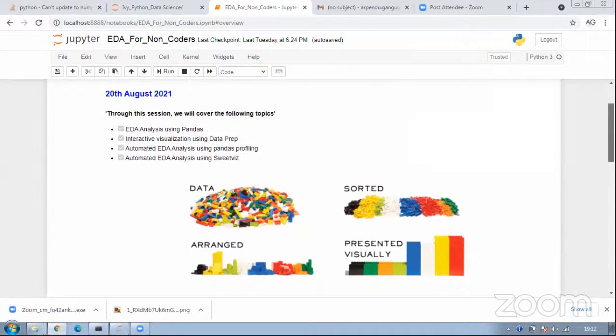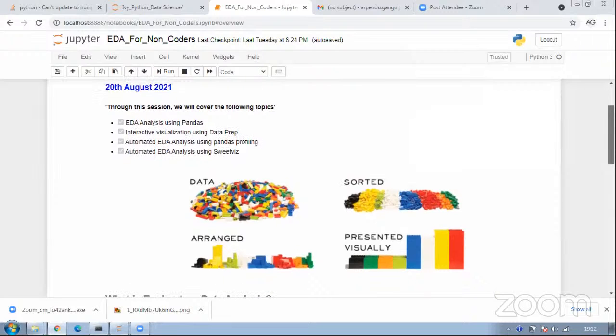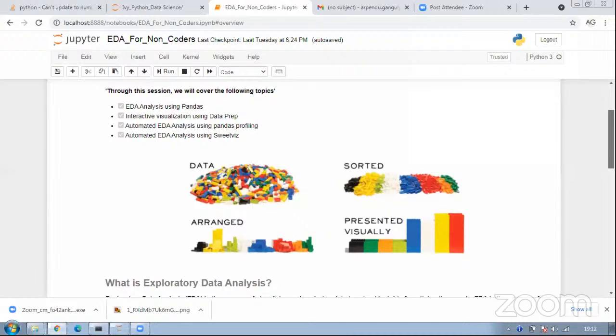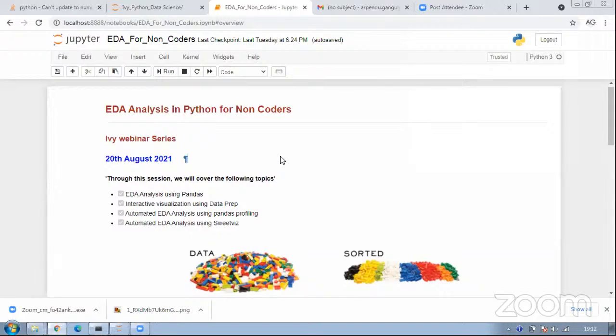The same code can work on different IDEs, like Spyder or PyCharm for Python. But as I said, Jupyter is a very good, comfortable space where you can have a lot of visualizations. No worries, I will be sending this notebook to you, or it will be posted with the link of this video. So you will have access to this notebook, and you can play with it.